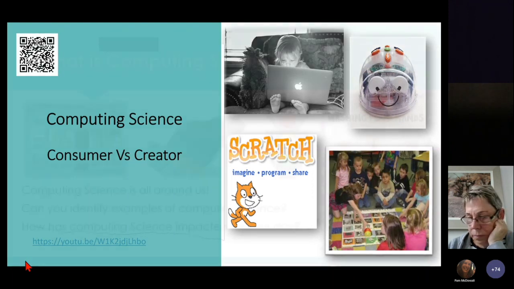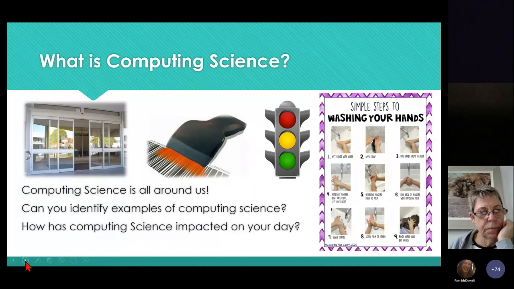So when I start computing science, particularly early level, I speak about what it is and what it looks like in the world around us. And again, it's emphasising just having those conversations with our learners, because computing science is in the world all around us. When we go to the supermarket, when we go to the shops, for example, those doors open. It doesn't happen just by magic. Those are sensors. Speak about those sensors. Speak about computing science in the world around us.